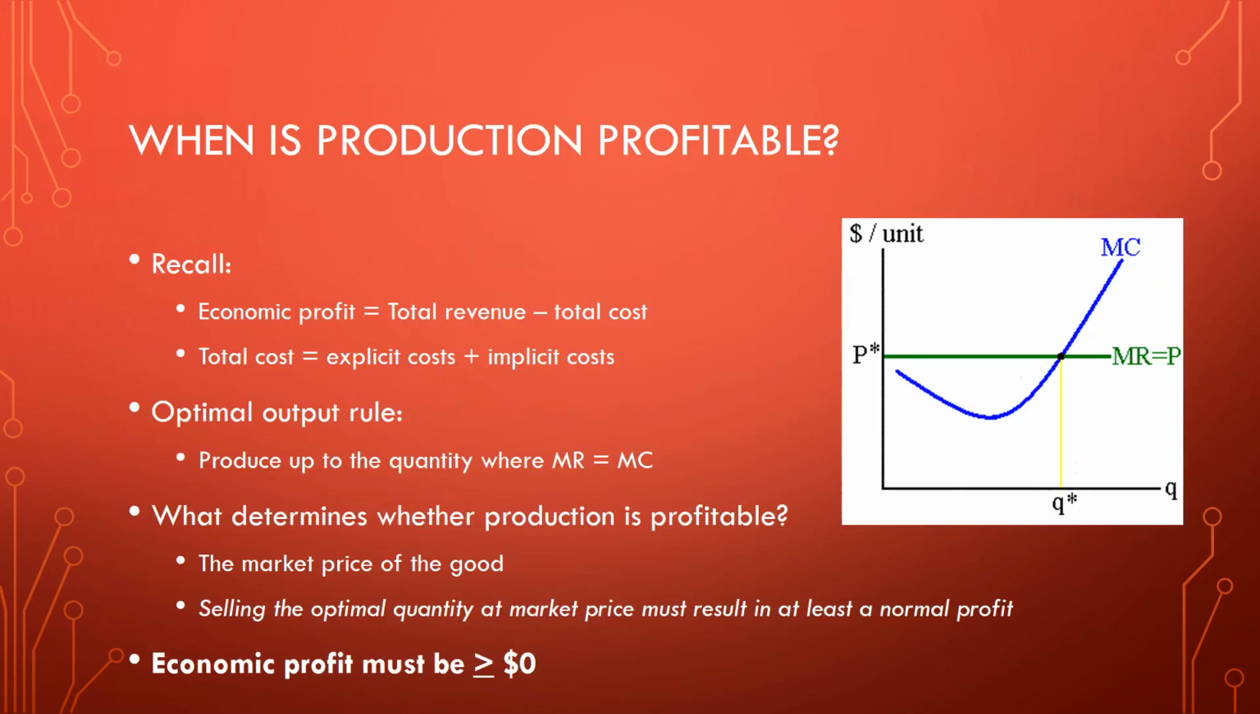So when is production profitable? Well, again, remember that we're talking about profit here, total revenue minus total cost. We are going to produce to the quantity where marginal revenue is equal to marginal cost. So how do we know if it is profitable or not? The answer is it depends on the price of the good. And then you have in italics there, selling the optimal quantity at market price must result in at least a normal profit, which is 0 or more. So what that means is the price of the good has to be